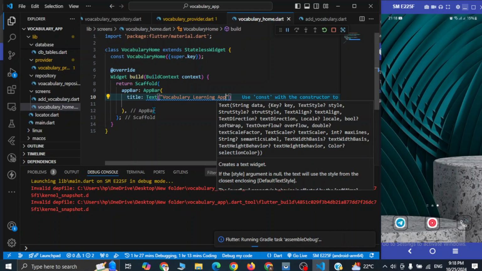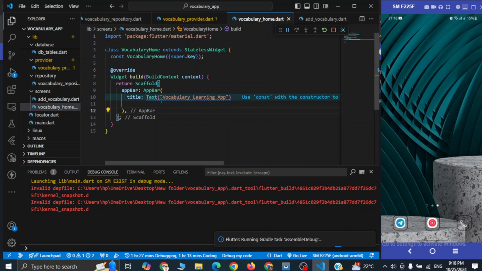So here we have our app name, that is vocabulary learning app, and in the body we're going to use a consumer to consume our provider that we have created. So consumer of type vocabulary provider,